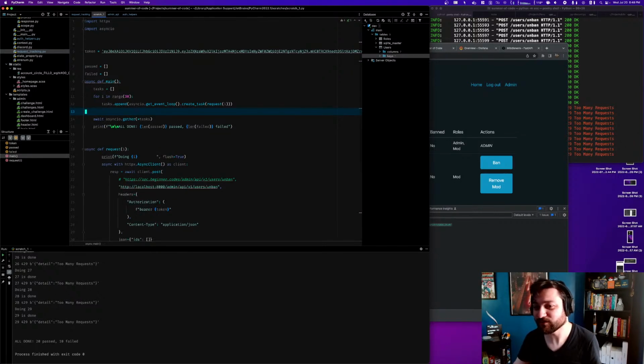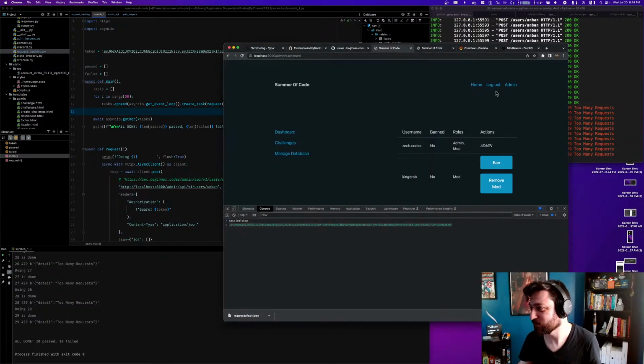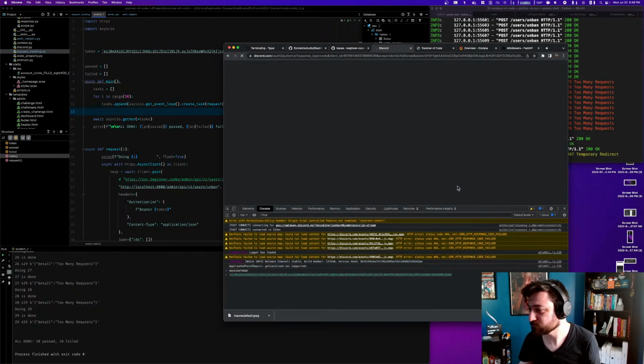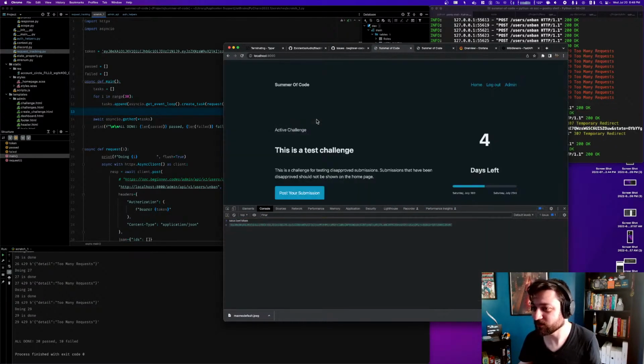And if I got rid of this line, we're going to have to log back in again. Authorize. Very interesting. Then if I do session token,